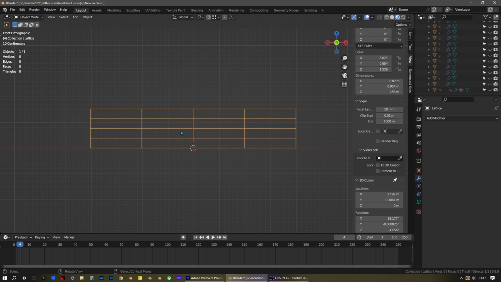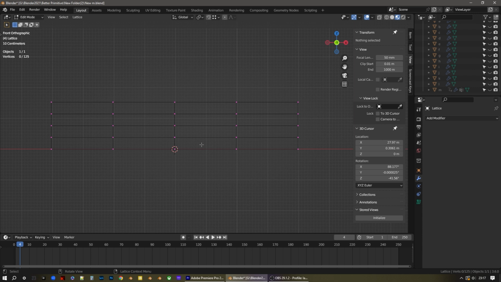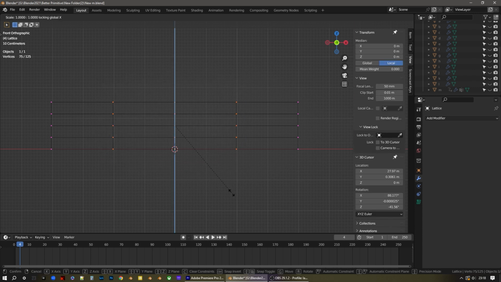So I'm going to select the lattice and tab into object mode and make sure I'm in the front view. What I want to do is select the 3 inner rows of vertices. I'm going to press S to scale, press Shift and X so that it only scales along the Y and Z axes, and type 1.8 and hit